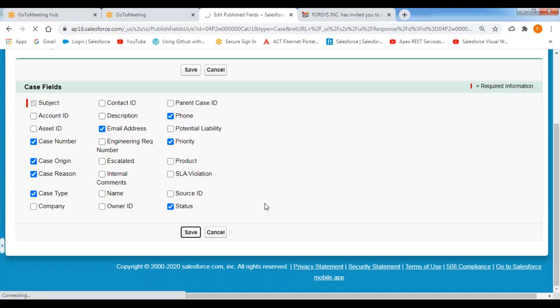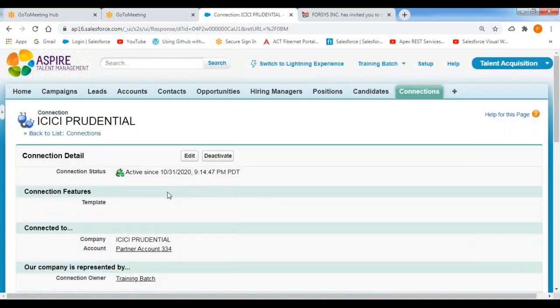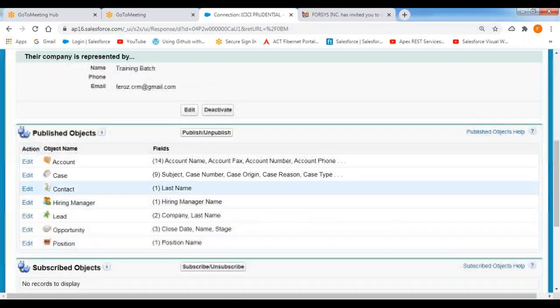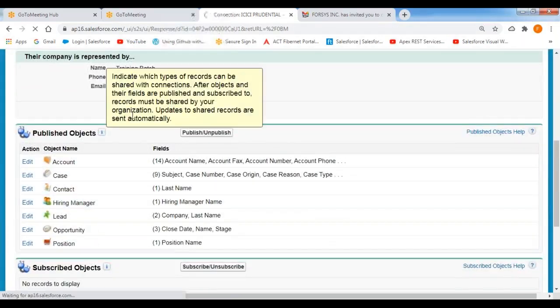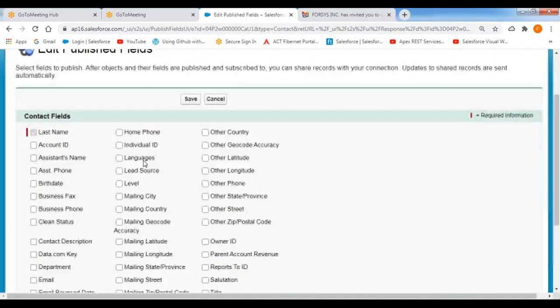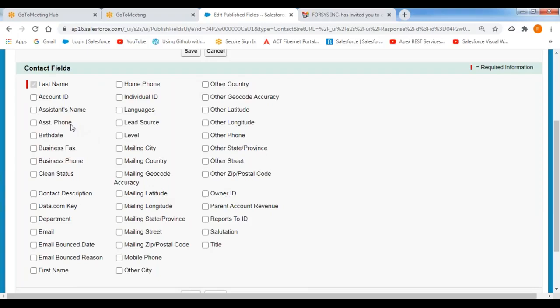Now, click on save. Next one, the third object, contact. I want to share some fields. As part of contact, I would like to share the business fax, phone,